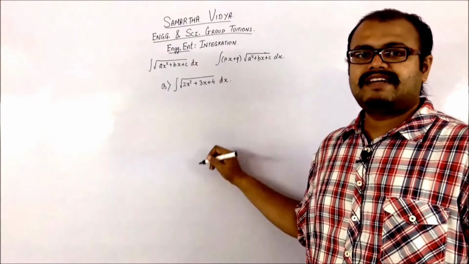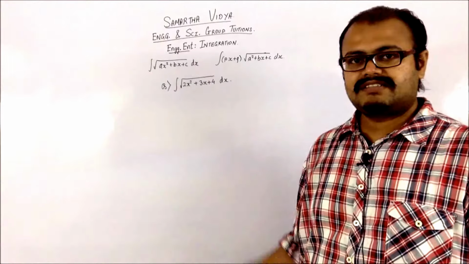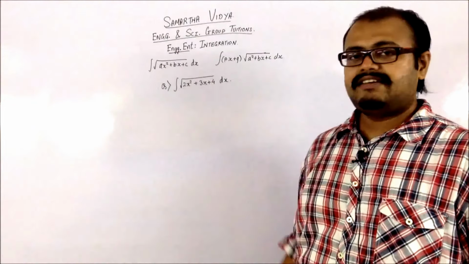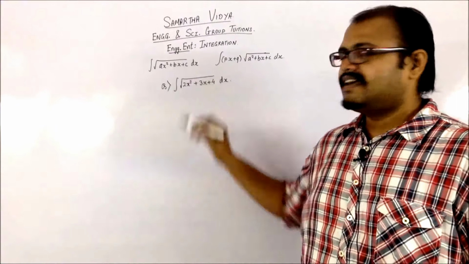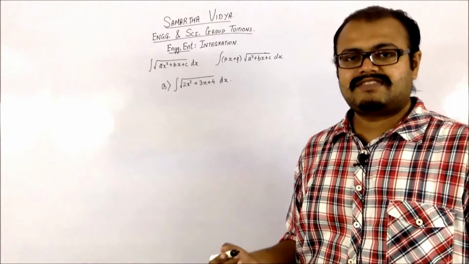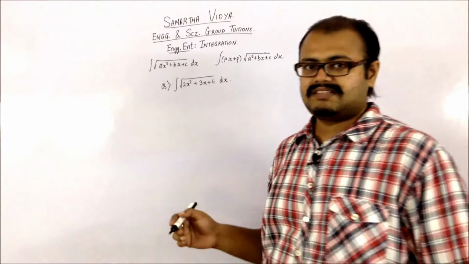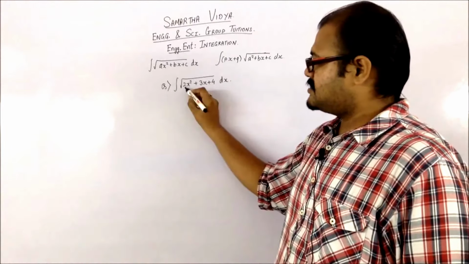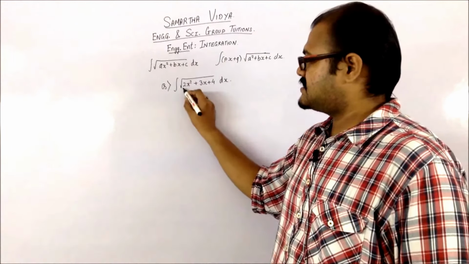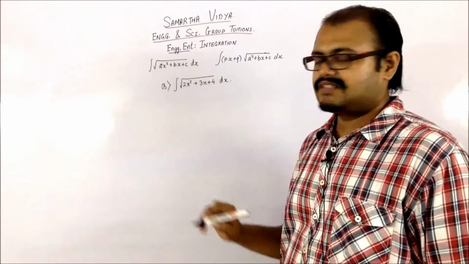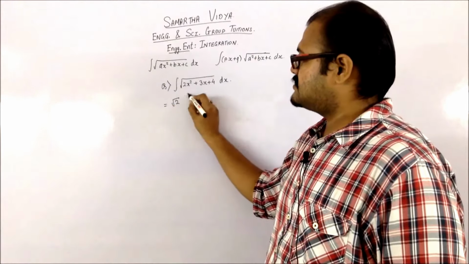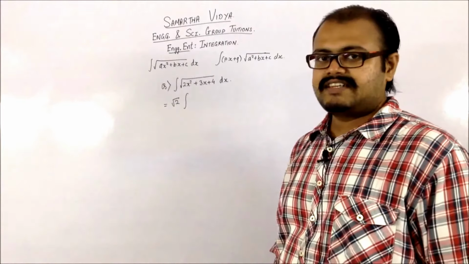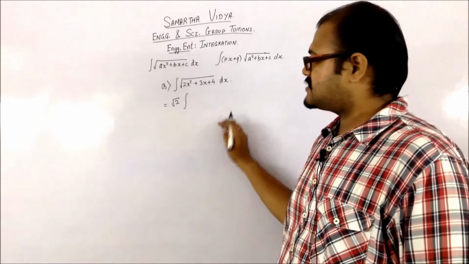Whenever you have a root of a quadratic equation, the question is based on that, then you have to make a perfect square. You have to make this into a perfect square so that it fits into the required formulas. For that, you need to take this 2 outside. Since it is coming outside the root, it's going to be root 2 coming outside, and since it is a constant, it can go outside the integration.